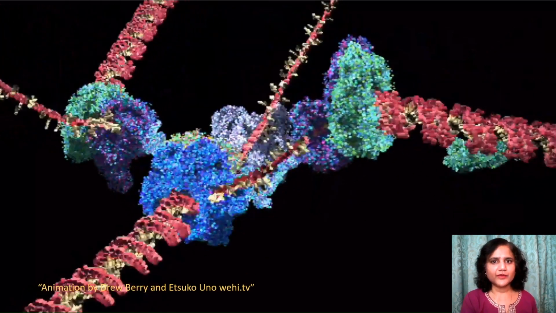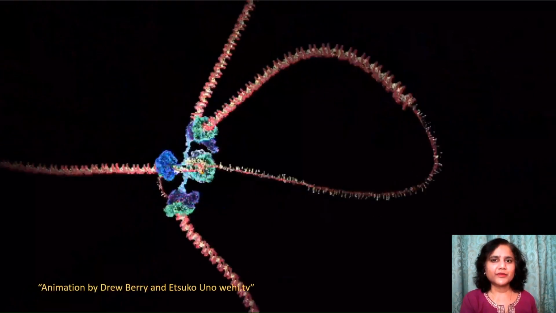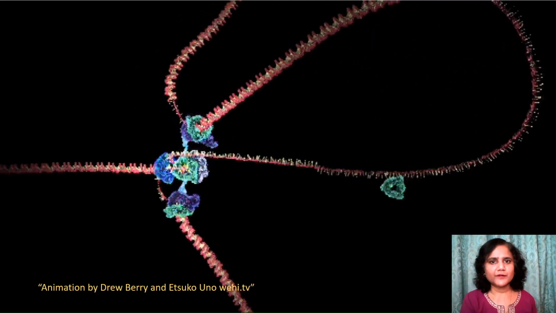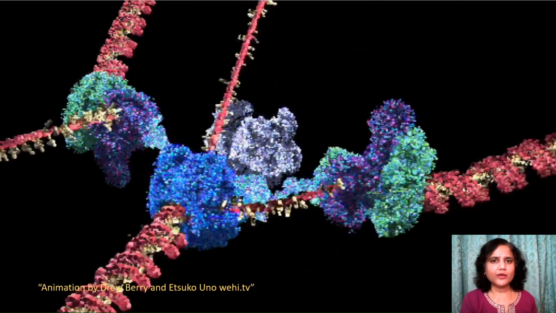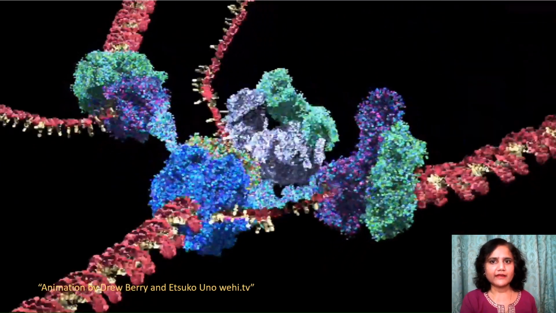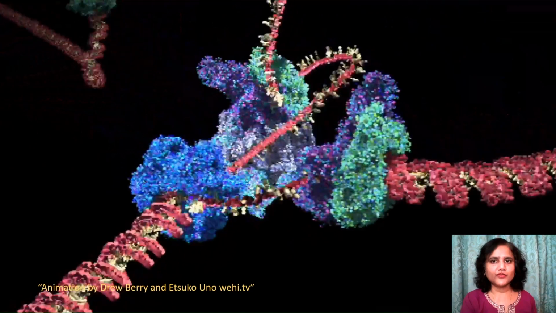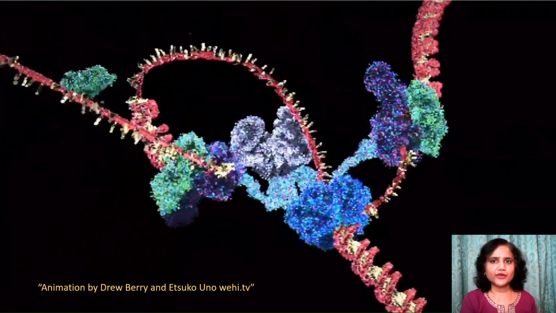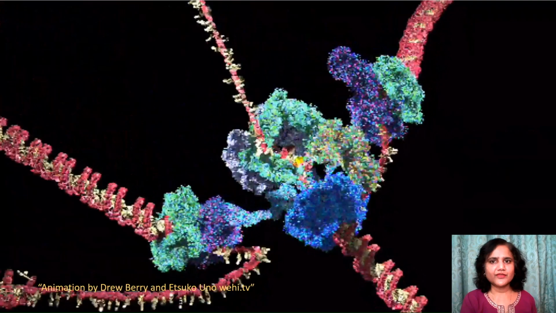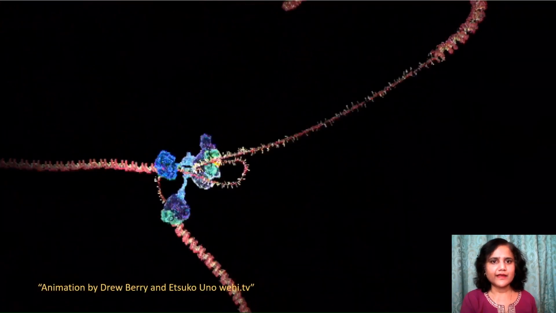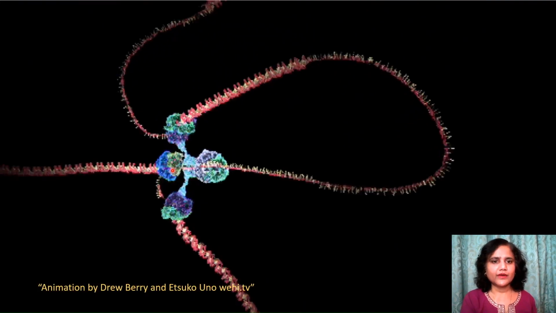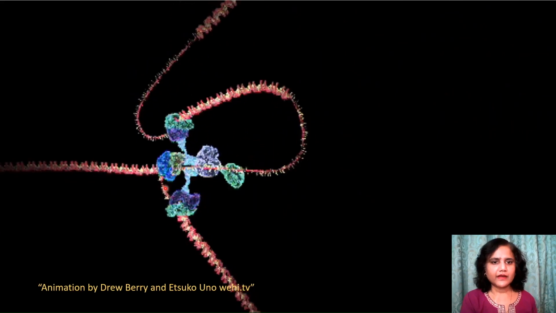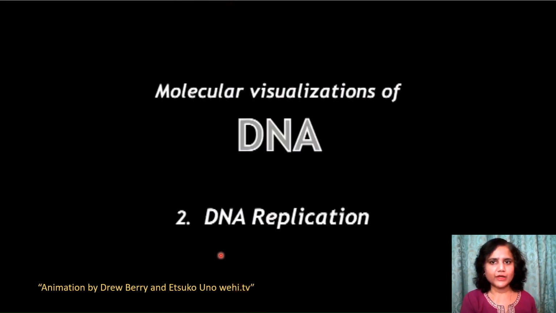Replication in E. coli happens quite fast. The DNA polymerase at the fork can add nucleotides at the rate of up to 1000 per second. It's a very complex and dynamic process, and this replisome machine has got many moving parts, as you can see. There are additional regulatory modules also involved in checkpoint control, etc., which are not shown here. The helicase enzyme is shown in blue over here, which is unwinding the DNA duplex. You can see the continuous synthesis on the leading strand below.